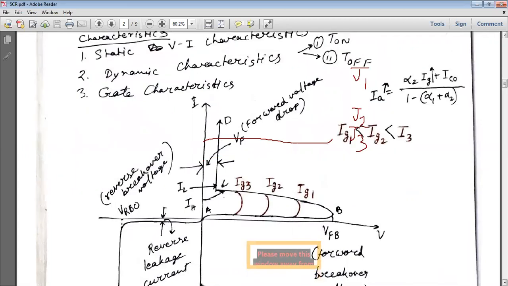Here you can see in this picture, it starts from 5 volts and keeps going up. There is a slow leakage current, so the forward blocking state continues. This is the forward breakover voltage. Suppose it is 16 to 18 volts, where the device comes to conduction immediately.